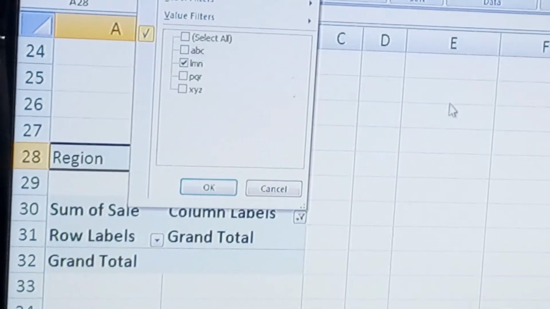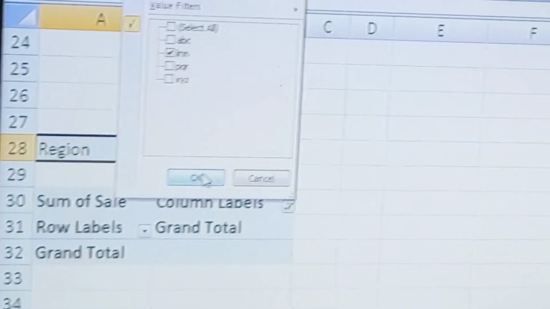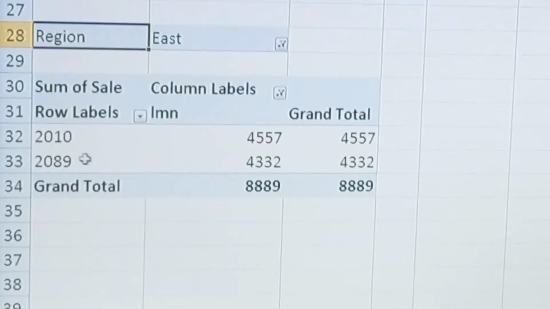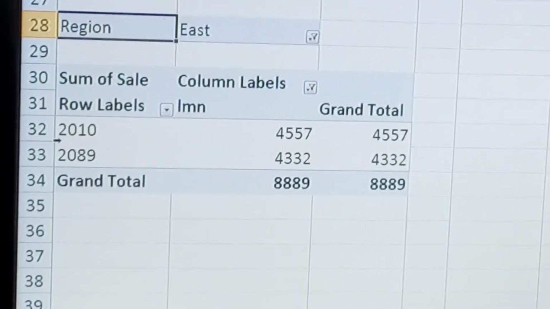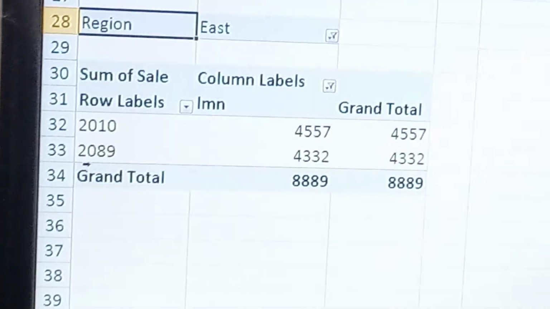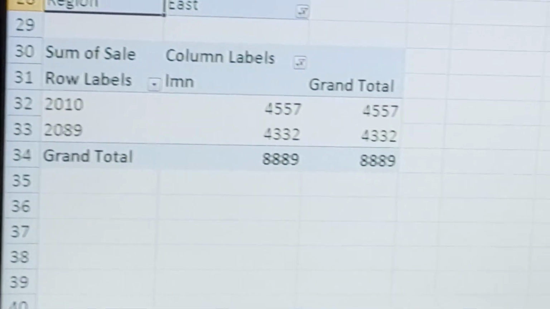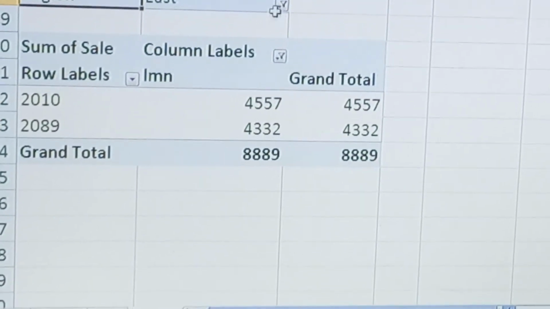Suppose, in the east region there are two elements which show the values 2010 and 2000. It is the sum of the sale.